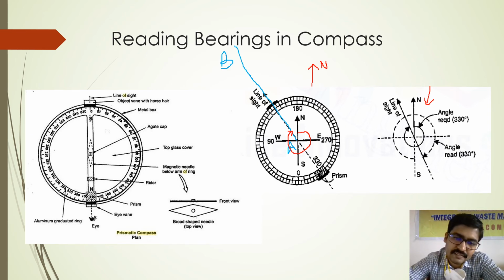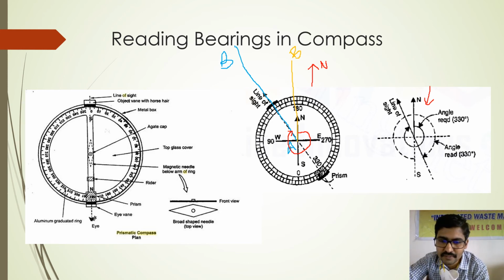So it is quite an easy thing to understand why south is written 0. Imagine if the line is along the north itself, right? So along this line, if this is point B, you are keeping the ranging rod on point B and you are having the line of sight along this direction. So the line is along the north direction, so definitely the bearing of that line should be 0 degree. So that is what you are going to see here, south written 0 degree.